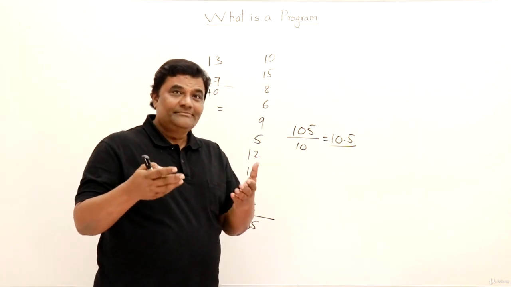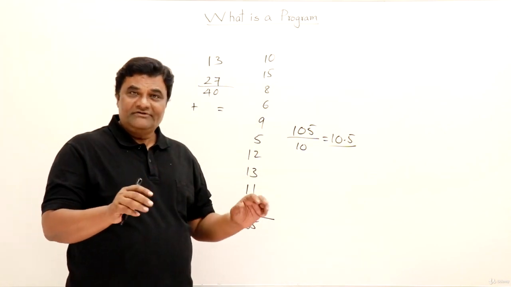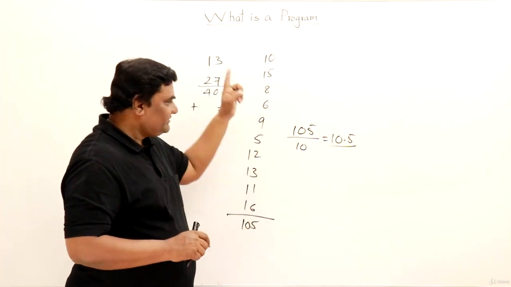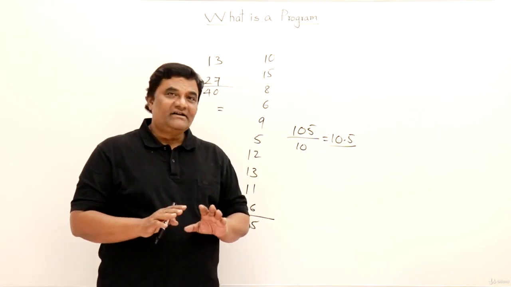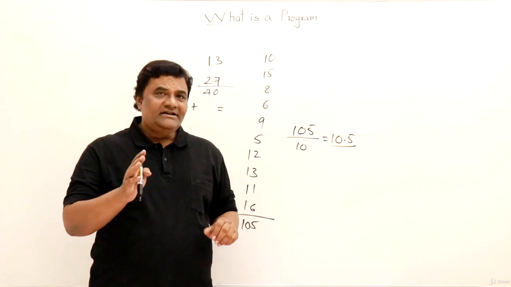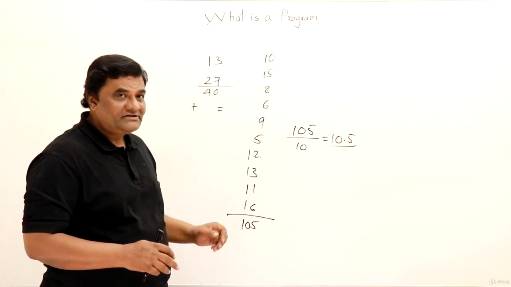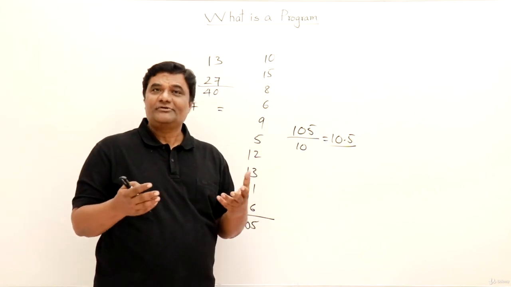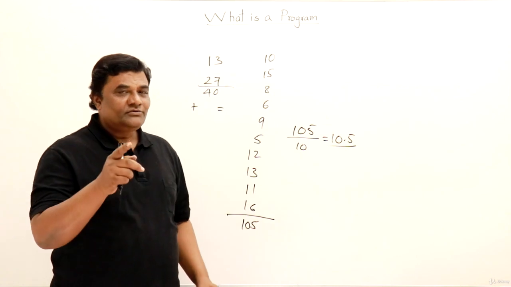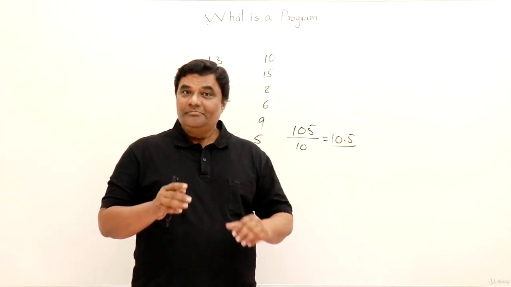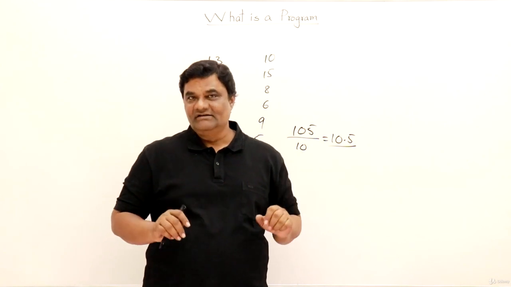Similarly, there is a procedure for finding the maximum number or the total number of numbers. There is a procedure for searching for a particular number in this list. So for various things there are procedures. And if you have learned about statistics, then if I want to find the mean or median of these numbers, there is a procedure for this. If you want to sort these numbers, then there is a procedure. So the calculator doesn't know the procedure, meaning the steps involved for completing a particular task.